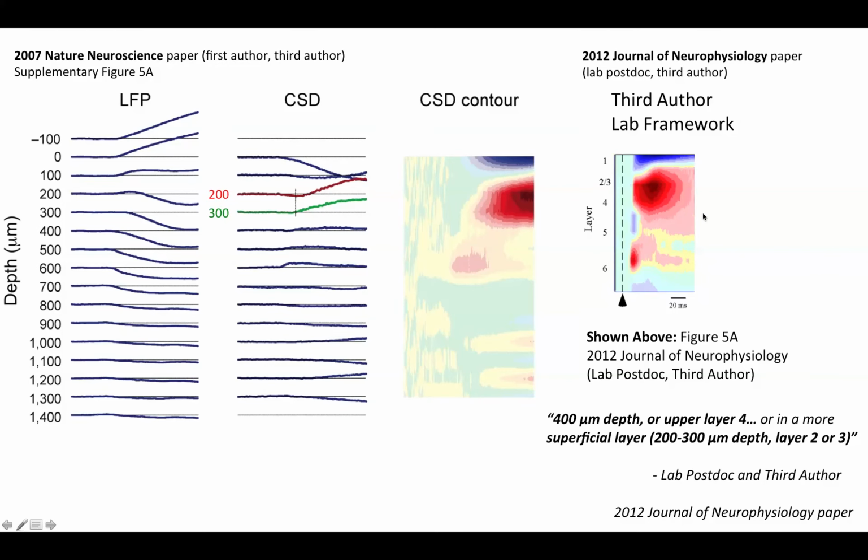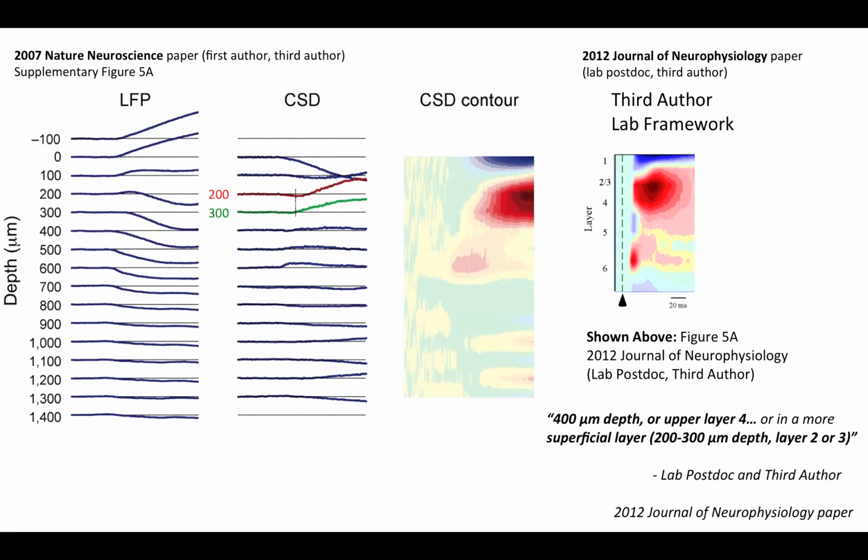And again, you can clearly see that the trend in the lab has been to avoid a quantitative approach to analyzing and representing the data. Instead they have figures like this one from the 2012 paper, where there's no quantitative y-axis, and they just label these sinks with layers. They put layer 4 and layer 2/3 on the superficial sink, which is a very superficial sink at a depth of 200 to 300 microns, and they put layer 6 on this middle layer sink. So I just think that the framework is unfounded.